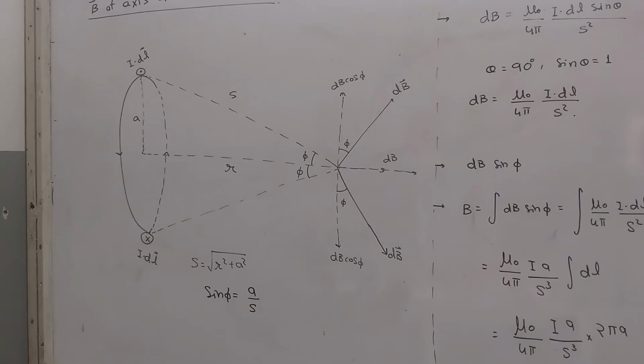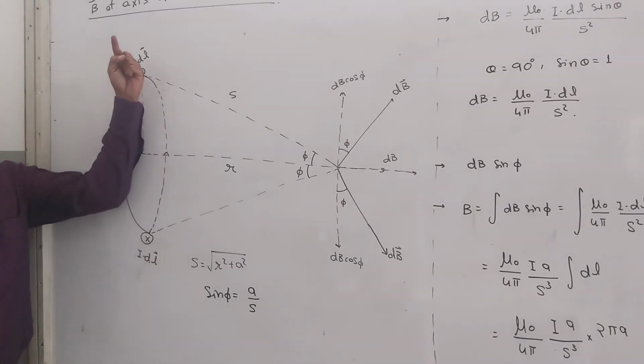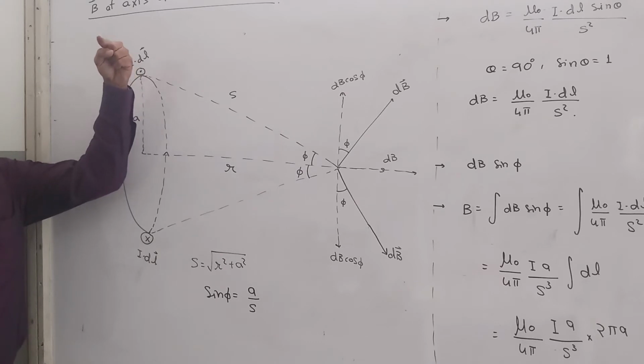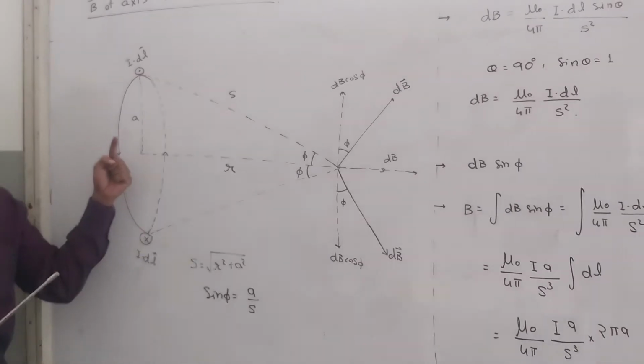And just note, I'm going to show you with my thumb the direction of the current element on the top and on the bottom side. See, current goes like this, and when it comes to the top it is outside. When it is in the front it is downwards. Then at the bottom, the direction of current element is inverse. So out, down, in and up. The current is actually flowing in this manner.